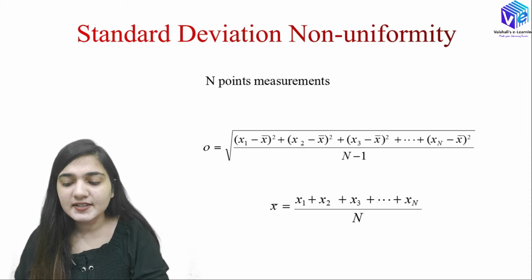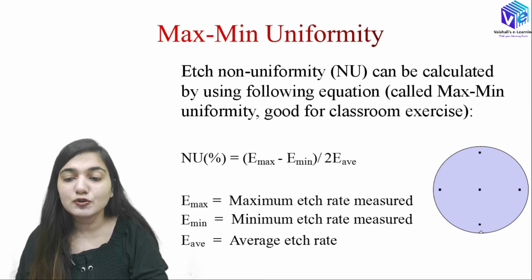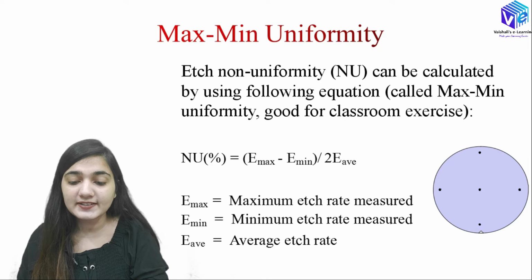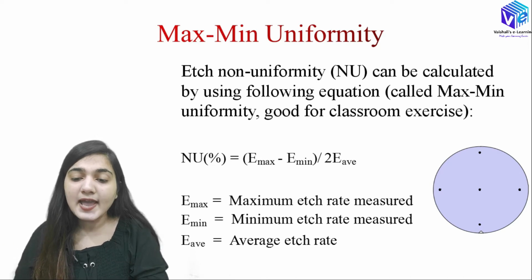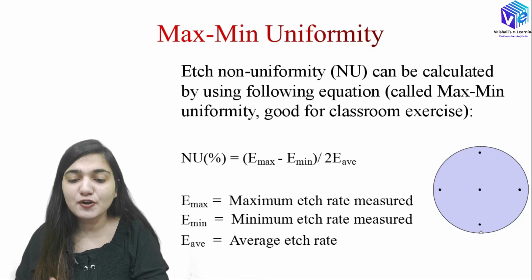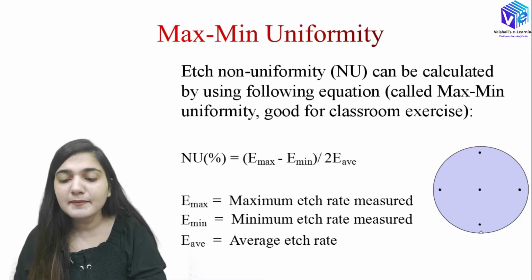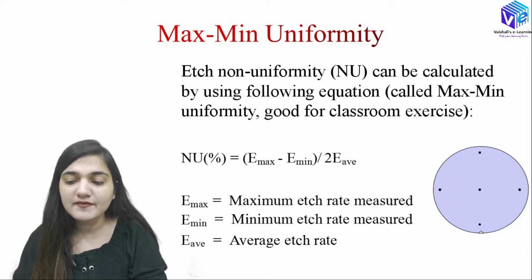Mean is the summation of all of the measure points divided by the total number of the measure points. So this is the formula to find out the mean. Now coming to the maximum to minimum uniformity. How can I find out the maximum to minimum uniformity? I calculate the non-uniformity. How can I calculate the non-uniformity? Non-uniformity can be calculated by subtracting the minimum value from the maximum value, and this is how I am calculating the etch